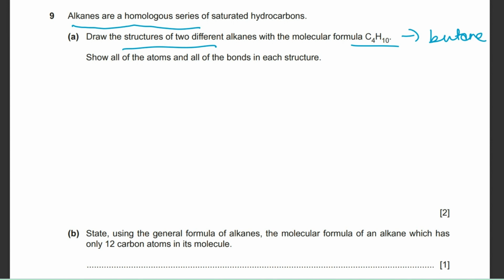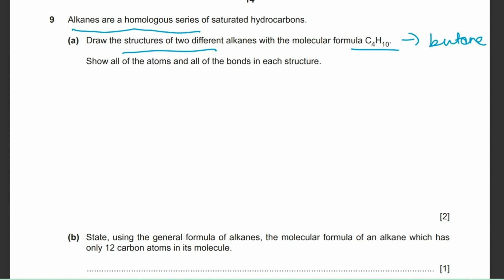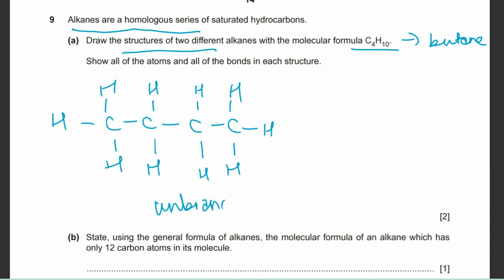So an alkane can be branched or unbranched. First, let's draw unbranched alkanes. First, we draw all the carbon atoms in a chain, and then we fill the rest of the bonds of carbon with hydrogen. We can pass through this in a straight line. However, in a branched butane,